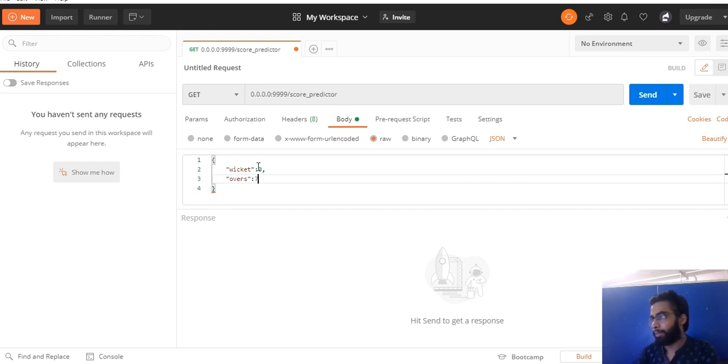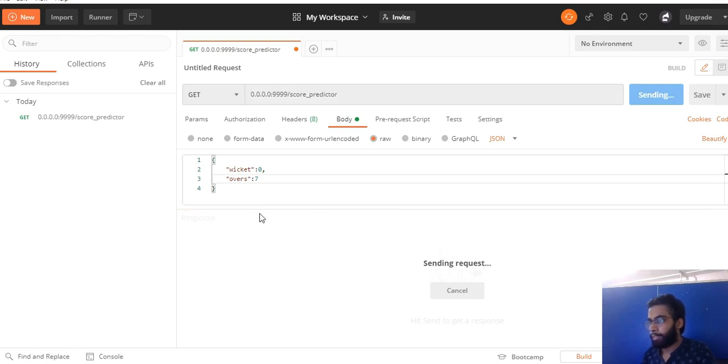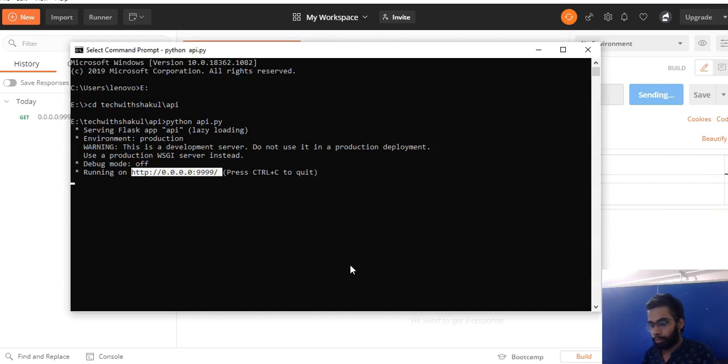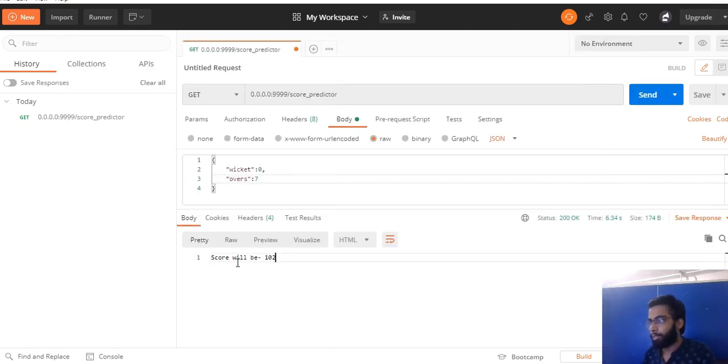So let's say 7 overs have passed. Let's see if I press send, if it is able to give me a response or not. Yeah, so it has given me a response. Score will be 102.